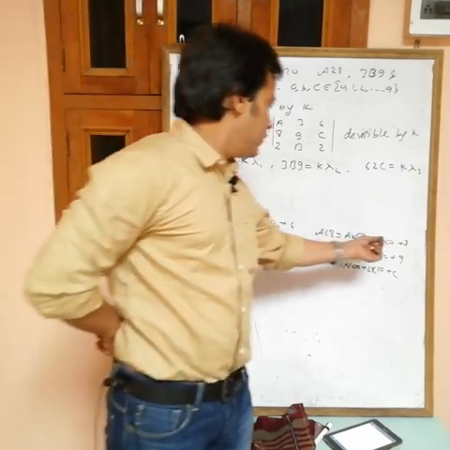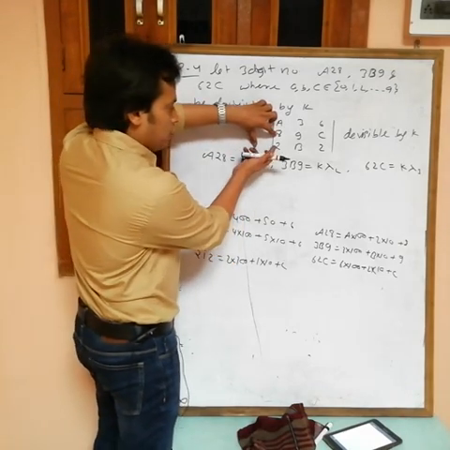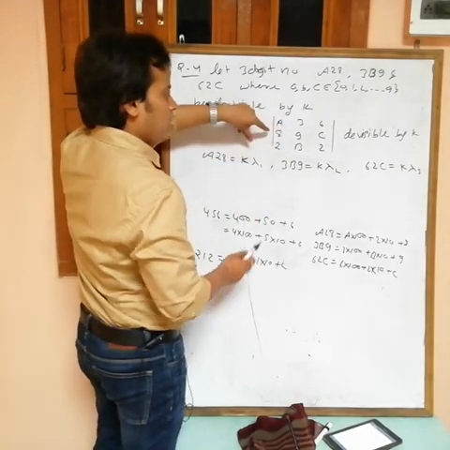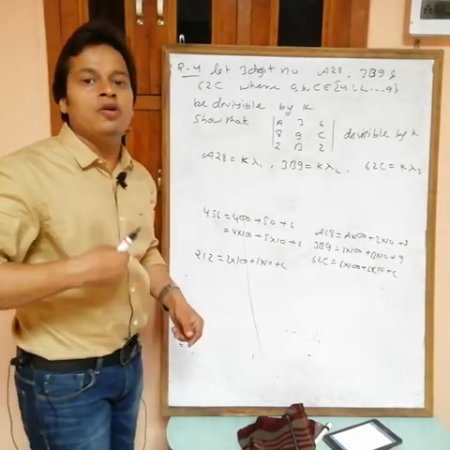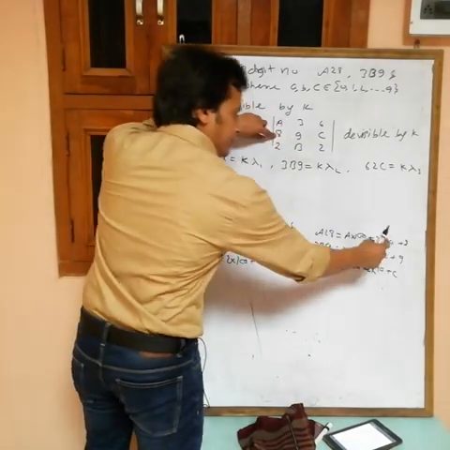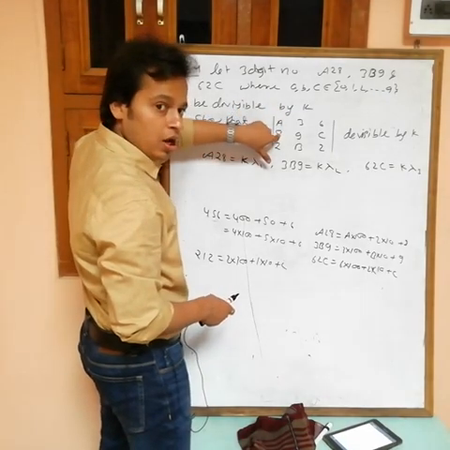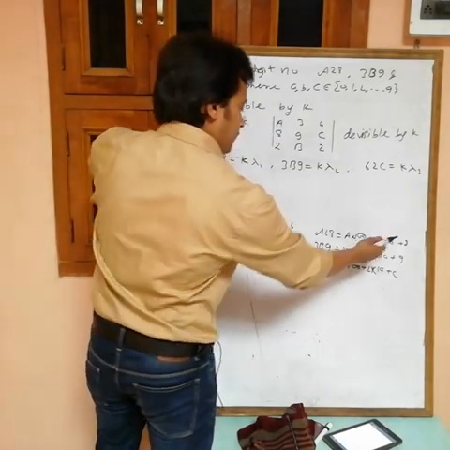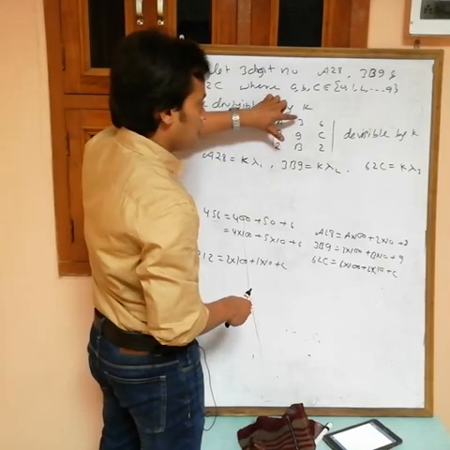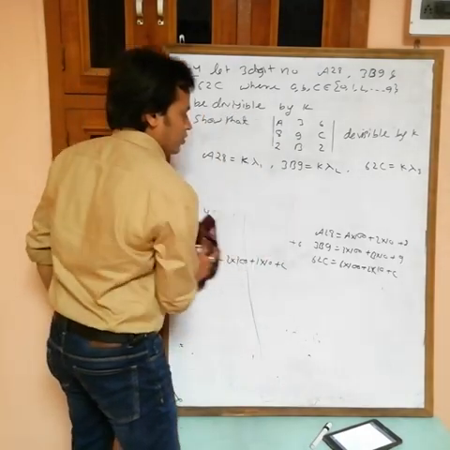So how to make a 2 8? For a 2 8 what do you want? 8 plus 2 into 10 plus a into 100. In any row we can add or subtract a constant multiple of another row. So in R2, if I add 2 into 10 times this row and 100 into R1, then this becomes a 2 8. And for b into 10 plus 3 into 100, obviously, we have to do this.